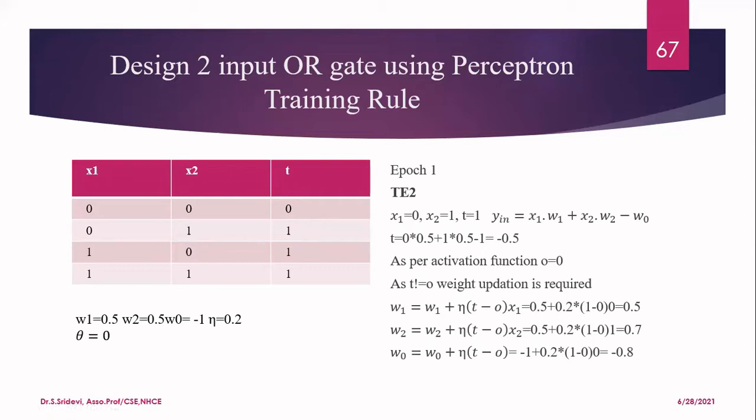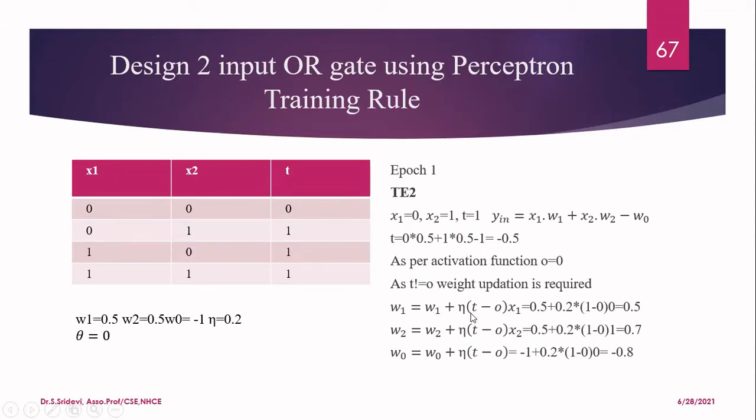So which are all the weights we are going to update? We have 3 different weights now. We need to update all the 3 values. So now how to update the weights? W1, I am going to update by means of W1 plus eta into (T minus O) into X1. So here, what is W1? The previous weight value. It's nothing but 0.5, plus eta, which is the learning rate of the algorithm, 0.2.